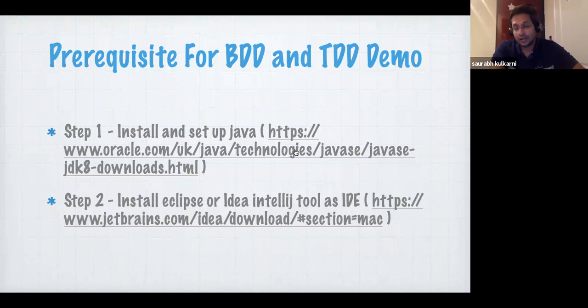So yes, but then like I said, I'm giving here a very simple example. We'll go through that and we'll see how to implement that. It is to give you a flavor of what is happening on the ground. Okay, so you will be able to relate to what is happening. So let's go to the first example for the TDD.